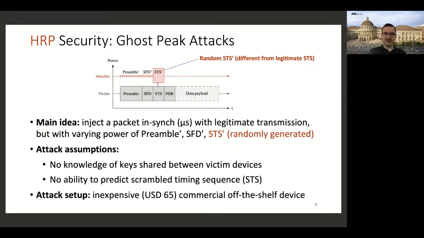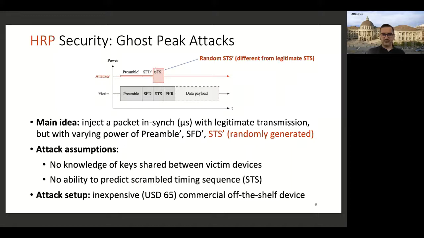What does that mean? This means that we want to craft messages, and you see the attacker's message here above. I'm giving you only the intuition here, so I don't expect everyone to understand all the details. But as you can see, our attack involves injecting different parts of the packet at different power levels without knowing essentially the random bits that are being used in this protocol. So we don't know what the random bits are that are being used by the victim. We are going to inject this red packet here.